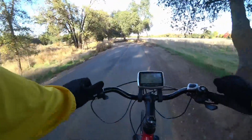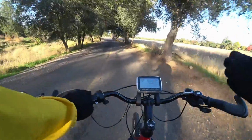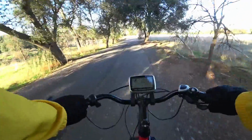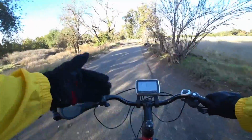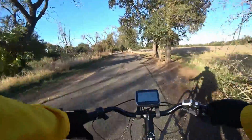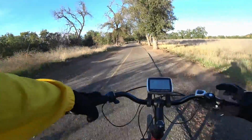Just the amount of power that it puts out doesn't really feel like 750 watts, which is fine. It just doesn't feel that powerful. Now I'm going to show you a comparison to Sarah's Bafang BBS02 that is also 750 watts, and we'll do a side by side throttle comparison, and you'll see that the difference of power